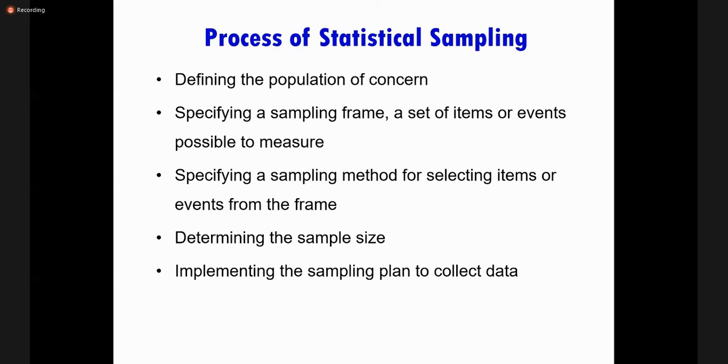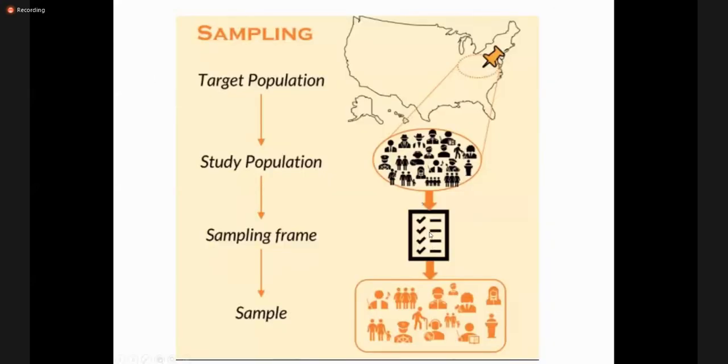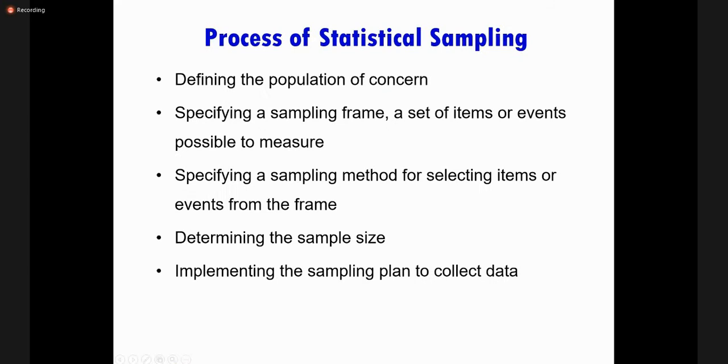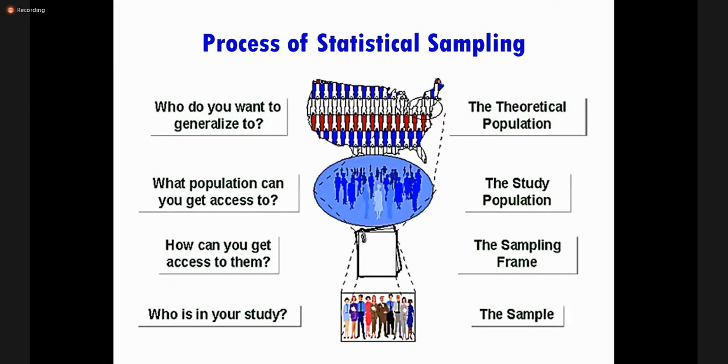Suppose your sample size is 300. The sampling frame may have 3,000, 5,000, 10,000 or millions of children. But if your sample size is 300, you have to choose only 300 children using a specific technique from this huge list, and then implement the plan to collect data, and then you collect the data as you have planned, according to whatever technique you have finalized. This is the process of statistical sampling, again a reflection to make it clear in your mind.